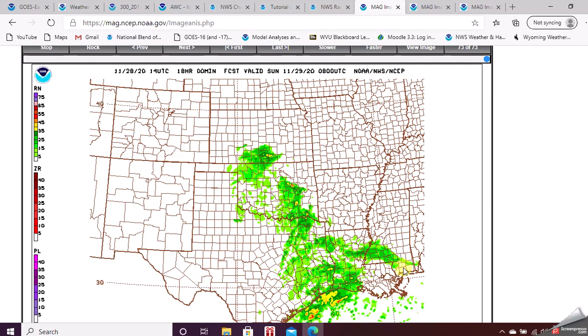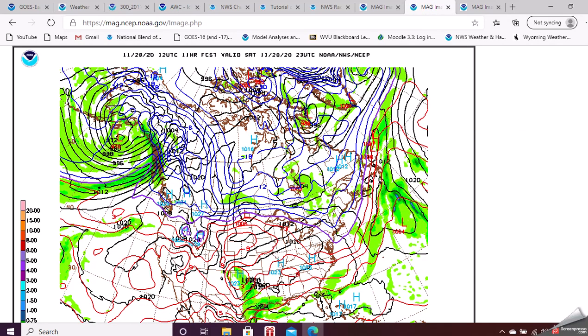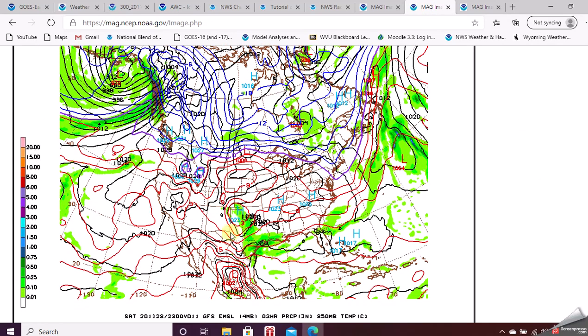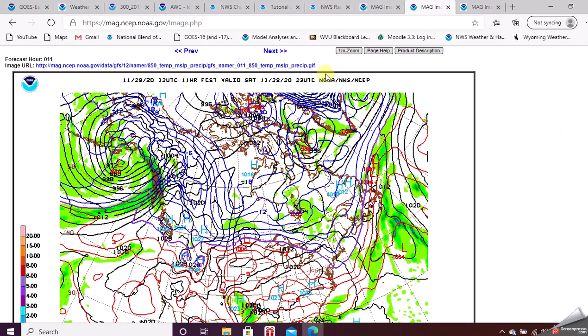So this is just from one model. So let's take a look at a different thing. We'll look a little bit further into the future. And we looked at this. Out here, we saw the low, saw the precipitation and the cold front. This is 850 millibar temperatures and surface pressures with precipitation overlaid on them. So if I'm looking for snow, I want temperatures below zero at 850 millibars at least. So I'm not looking for much snow. 850 millibars is about 5,000 feet. But you can move this along here,